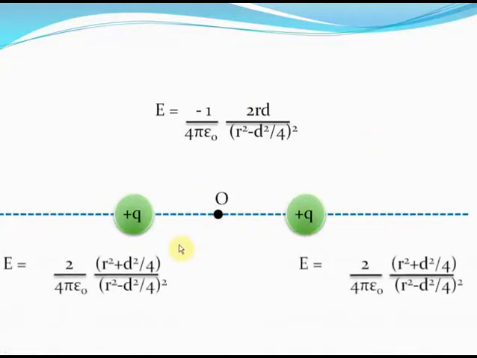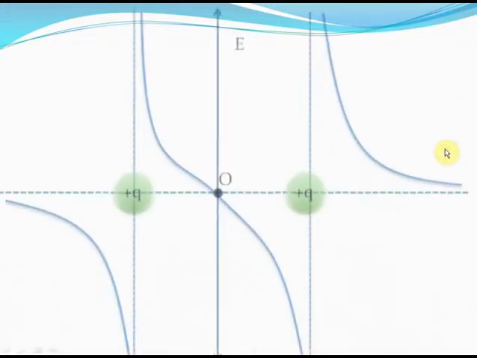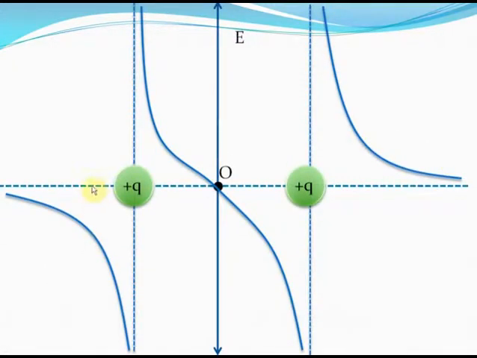Similarly, when you add E1 plus E2 in the case when both the charges are the same, this is the expression you get. You can even sketch the electric field because of two identical positive charges, with x. This will be the graph that represents the sketch of the electric field as it varies with x. As you can see, when the two charges are identical, the electric field becomes 0 exactly in the middle of the two charge system. That's because the magnitude of both the charges is the same.